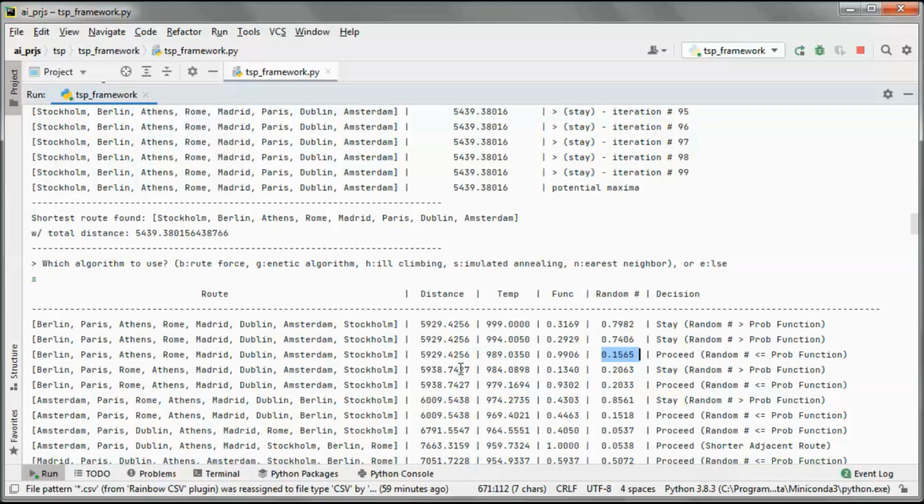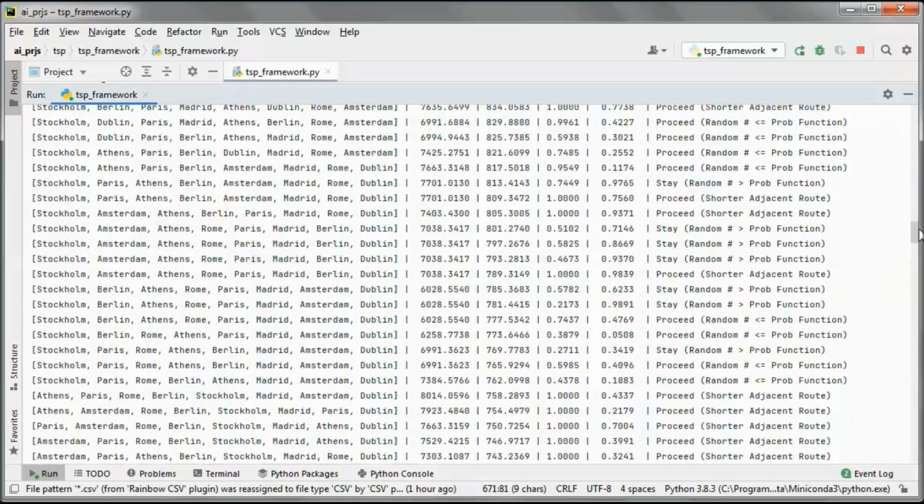So we proceed. So now we are here, even though this has a bigger distance than this. This is the difference between this and hill climbing. And we keep doing this.